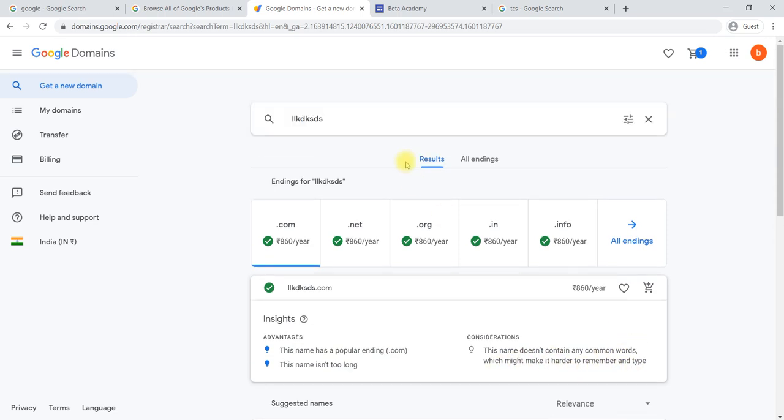In the sense it will be difficult to type and remember such names. So the name selection is very important when you are doing any business, or when you are selecting any domain name. This is about how to select the domain name. And one more thing, setting a domain name will be covered in the next video.